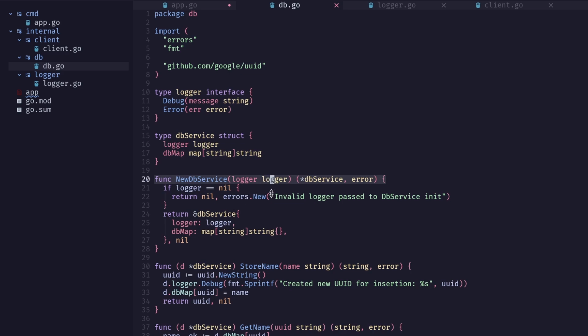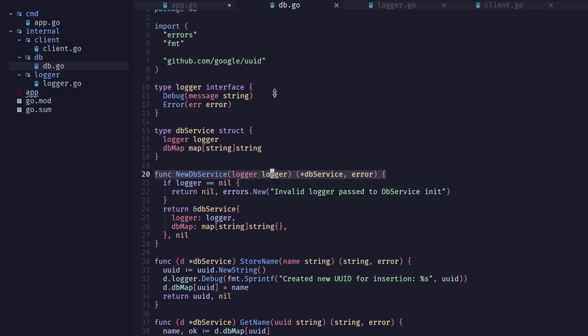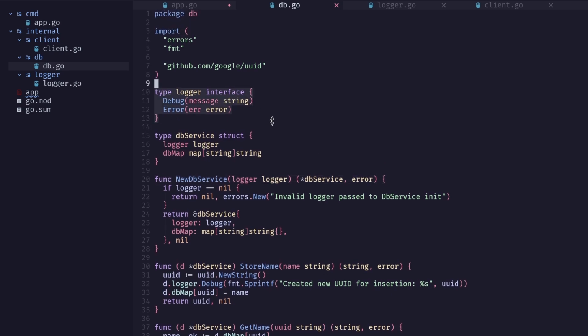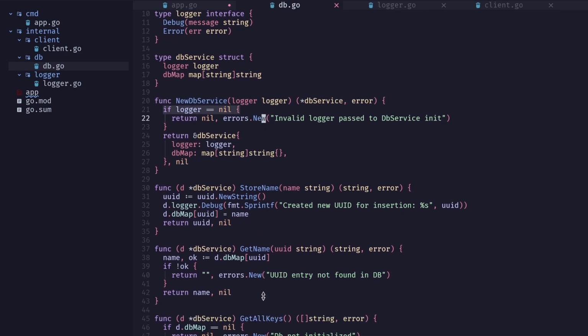So instead of each of these services, for example, implementing its own logger, we'll have one type of logger, and through consumer interfaces, each service can say what parts of the logger it needs. But we'll have one logger instance, and we'll pass it into all the things that might need it. And then they will keep a reference to it. That's what this line does. Here, logger keeps a pointer to a logger, right? And then they will use it in all their methods.